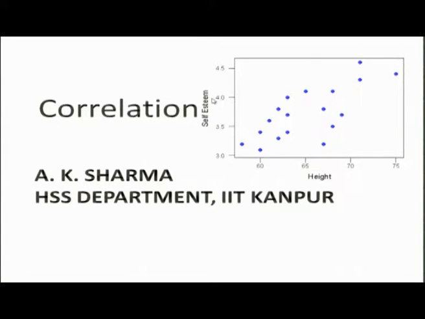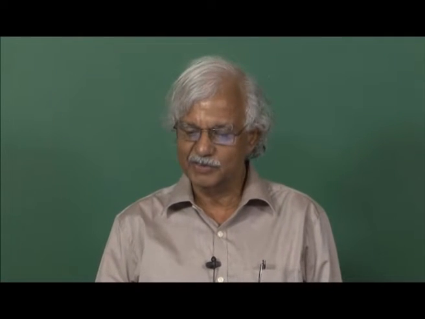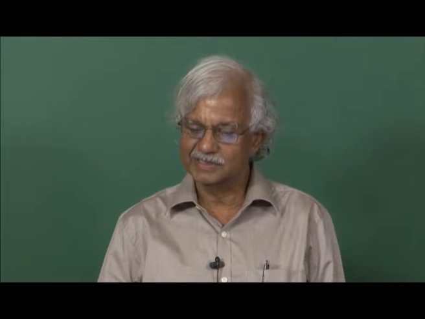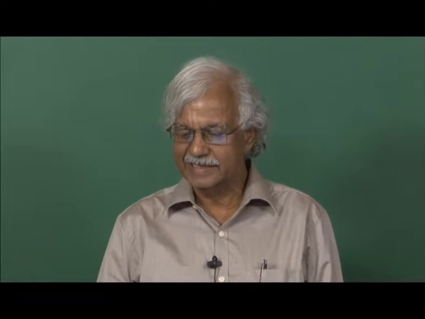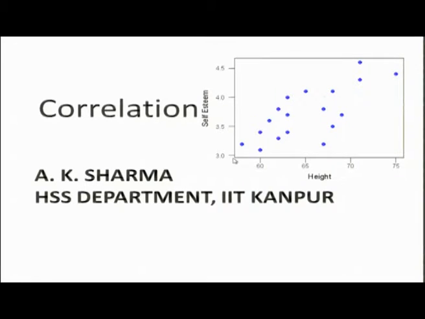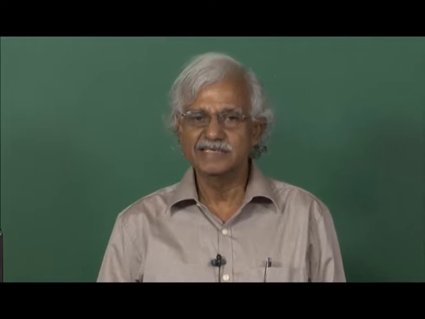We call this variable the dependent variable, and this variable which is shown on the x-axis the independent variable, and a pattern like this emerges. Now, this pattern suggests that as the values of x increase, as we move from left to right, the values of self-esteem or dependent variable tend to rise. And in this situation, one can even say that self-esteem seems to be connected with height. If we are looking for a unitary measure of relationship between self-esteem and height, it is correlation coefficient.